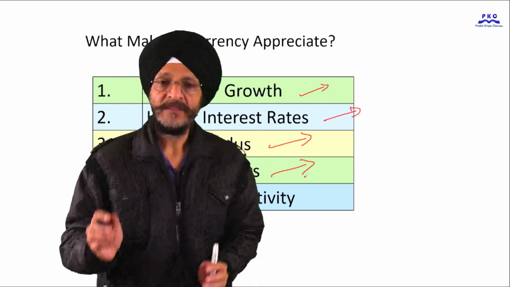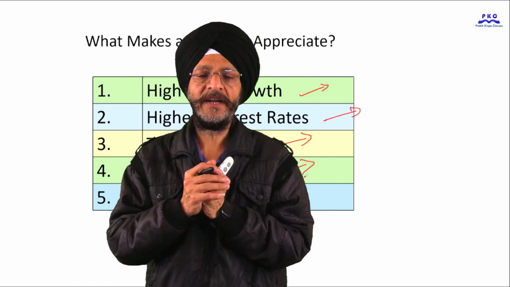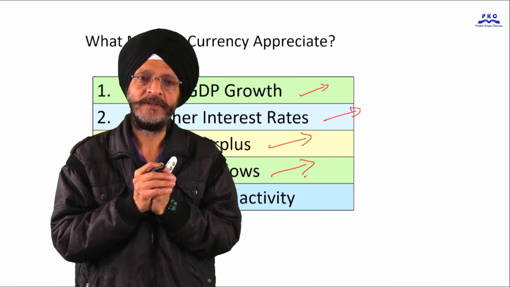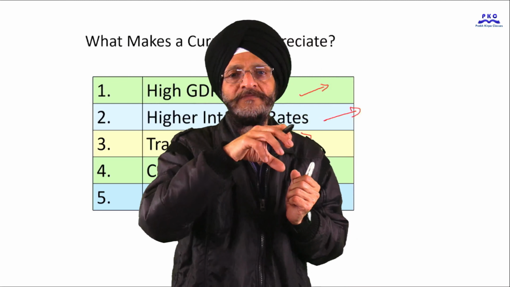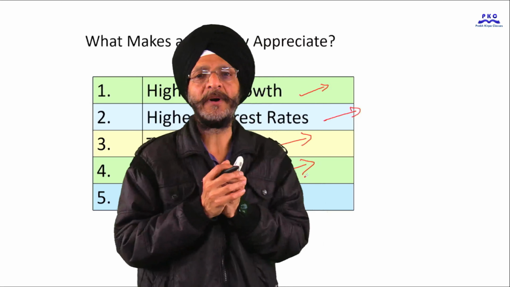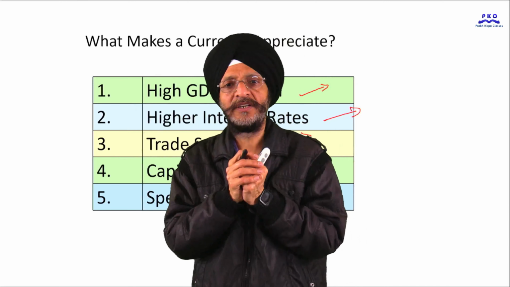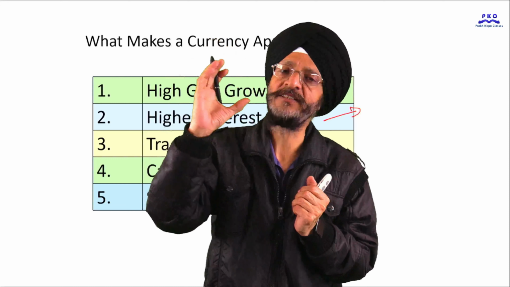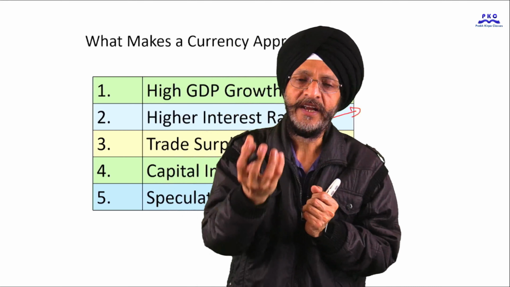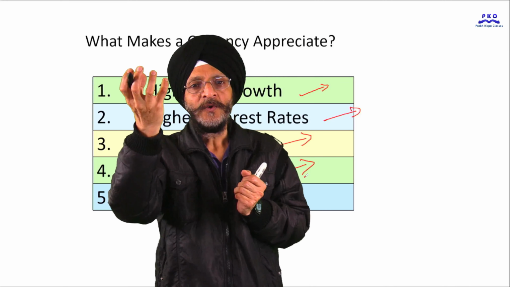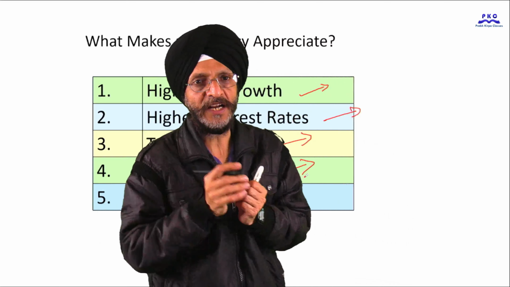Next is, if there is political stability in any particular country, and the economic performance of that country is good, then the investors from all over the world would like to make investment in that country. So it increases the demand for the currency of that country. Further, if the stock market in a particular country is undervalued, if the investors think so, then they would like to make investment in the share market of that country, and it increases the demand for the currency of that country, and it results into the appreciation of the currency of that country.